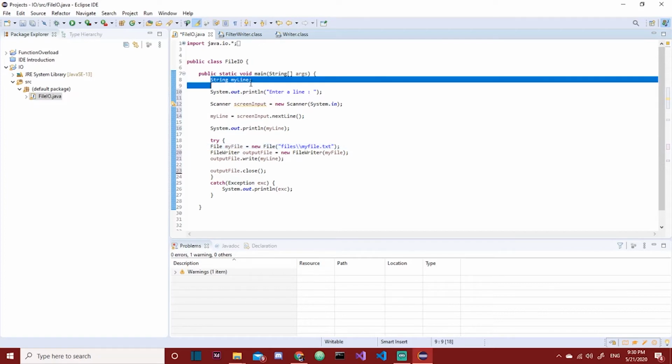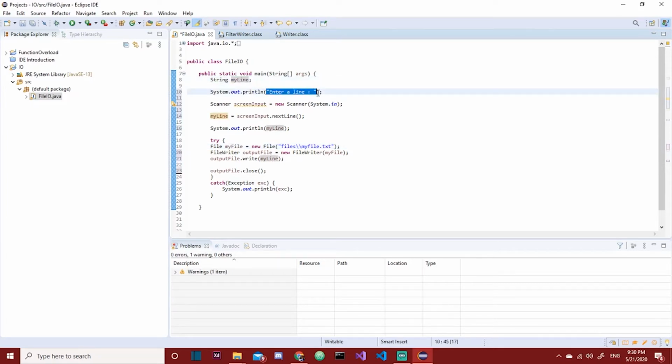to the file. So we do that with the variable myLine, and then we use system.out to prompt the user, and then we use a scanner using system.in, so the screen, to get the input, and then we set it to myLine, and then we just print out whatever myLine is, and then we go ahead and create a new